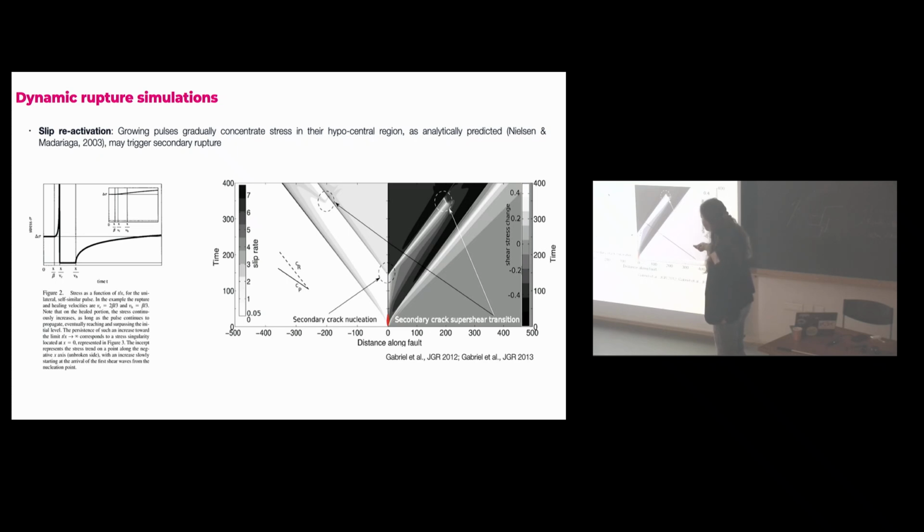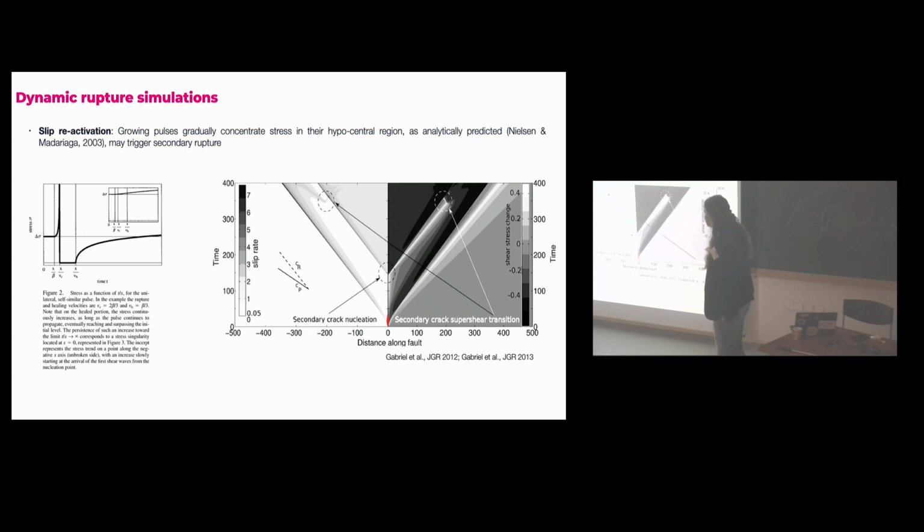You have your rupture front, you have some slip, but then it heals again. It's a growing pulse, the area of slip gets a bit larger. And what this pulse is doing is reaccumulating, redistributing stress in the hypocentral area here, which eventually leads spontaneously to reactivation and re-rupturing of the same part of the fault. And this secondary crack, right, this is a crack, can itself cause a supershear transition here. So at the end you have three rupture fronts: a subshear pulse, a supershear pulse, and a third subshear crack.